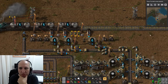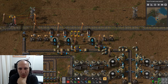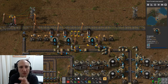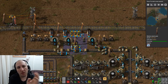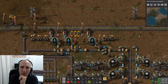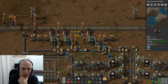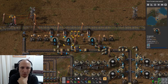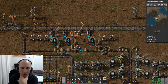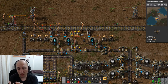Okay. If you want to create another big storage on the side and connect it to the first, the only purpose of this first storage is to unload the train as fast as possible. Then you can have a second storage separated here, and you deliver water to the other storage, but you always keep the water levels even in those three to minimize the unloading time,